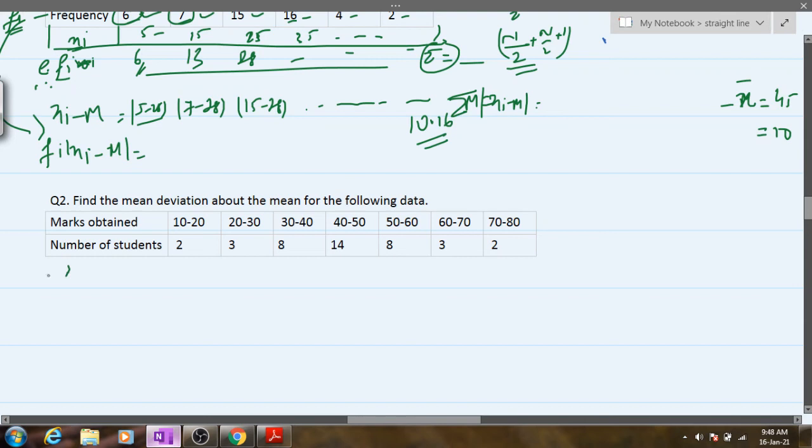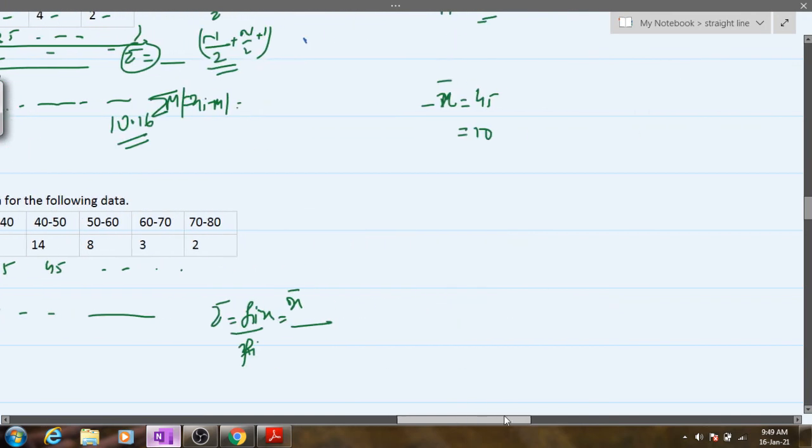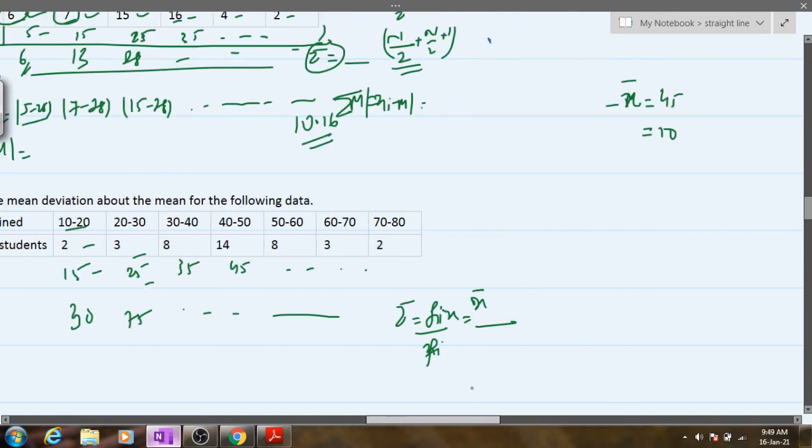Okay, now out here same thing you have to do. This is your xm, so you have to find out xi, the actual range 15, 25 and so on. This is 35, this is 45 and so on. Then this is your f, then fi xi you'll have to calculate, multiply this to 30, 75 and so on. Find the summation of this thing and summation of fi xi divided by fi will give you the mean, the x bar,